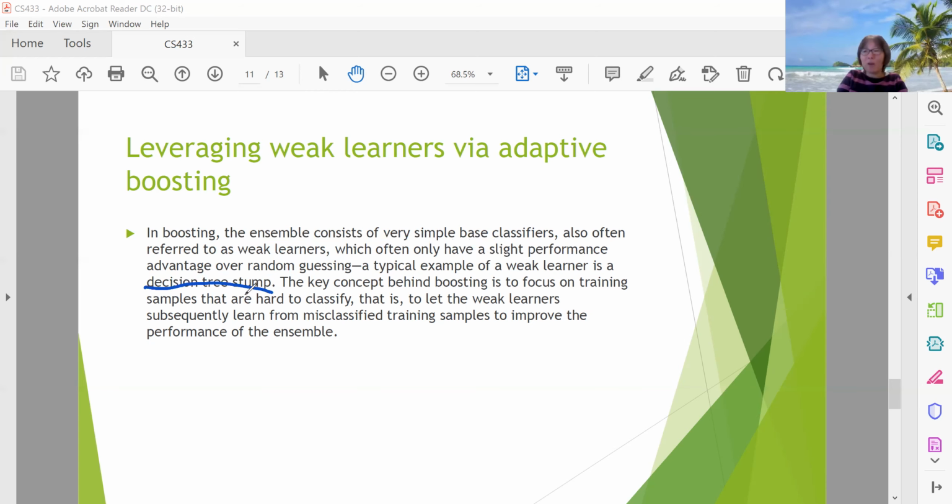Okay, so that's kind of one of the examples, is it? Okay, and then, so the concept behind the boost, I'm sorry, I needed to get,